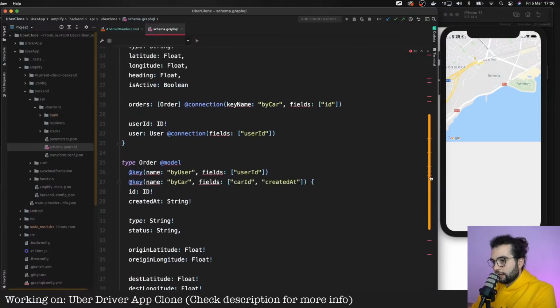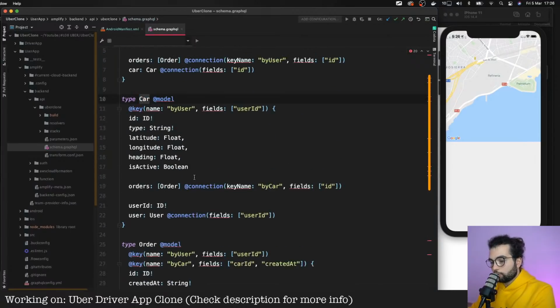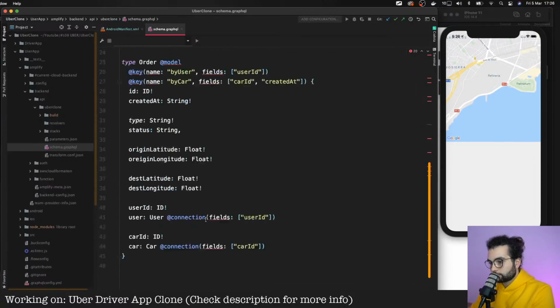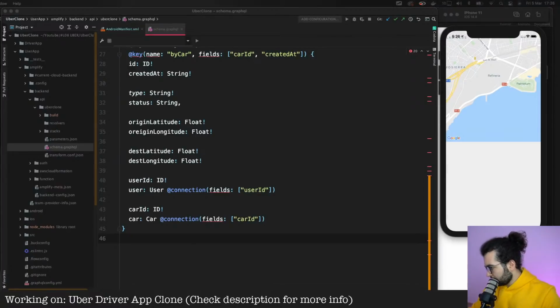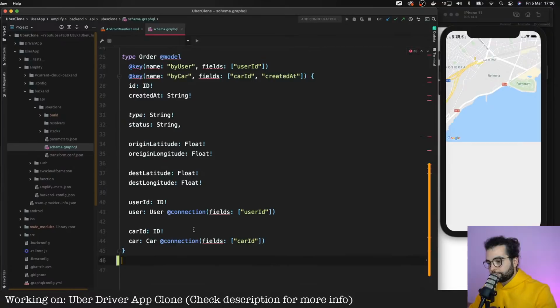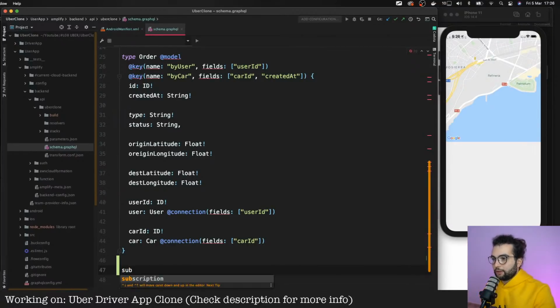However, from the actual car, we will be able to get updates about heading, latitude, and longitude. And to add these, we will define the subscription here, because we want to subscribe to a specific order using the ID, and to a specific car using the ID as well.